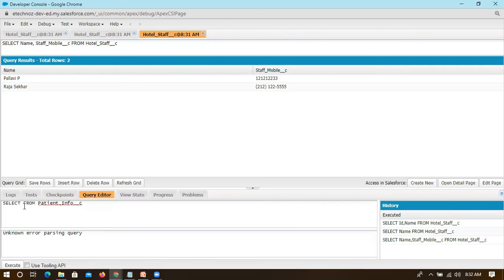There is something missing. If I want to access this object, I need at least one field. What is that field? Either it is an ID. Right now I have not discussed ID. What is an ID? In brief, I can just explain: this is a unique identifier. Let me just give ID everywhere. For each object we will have one ID, and we have created name.